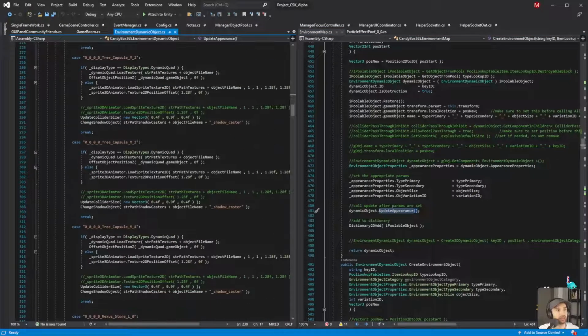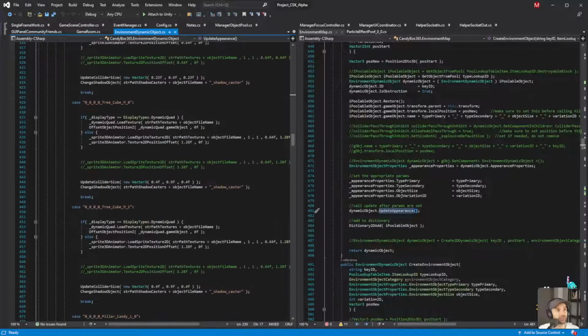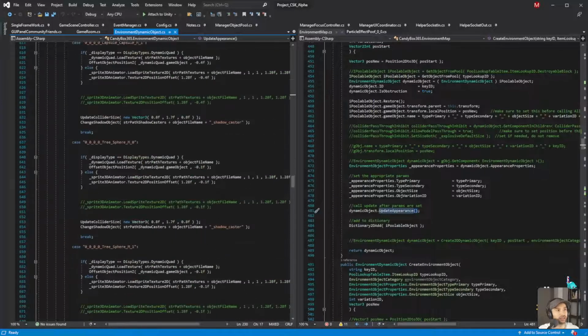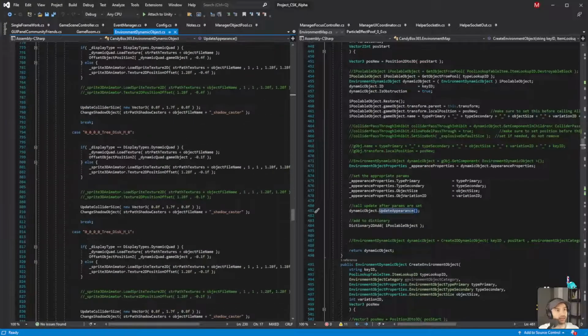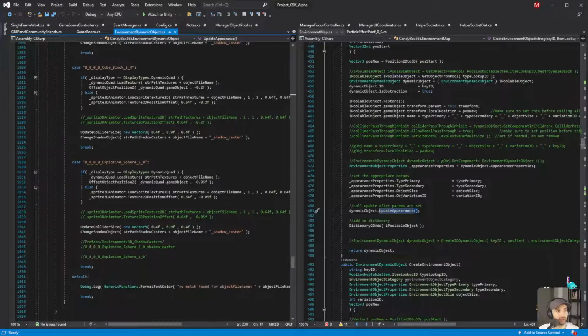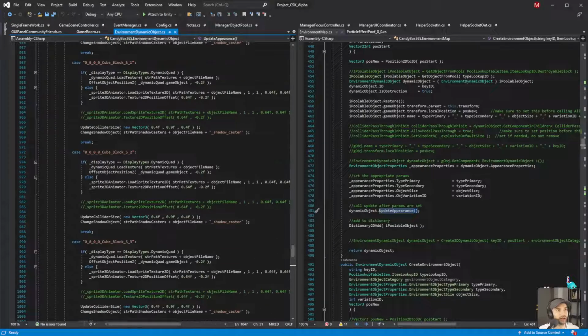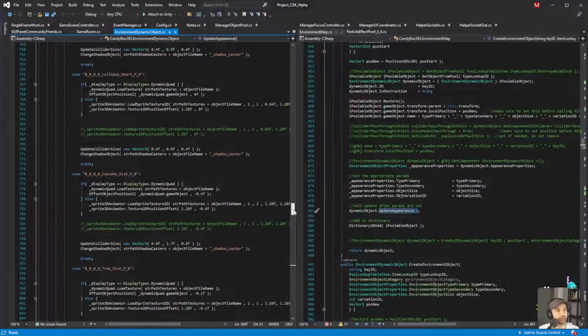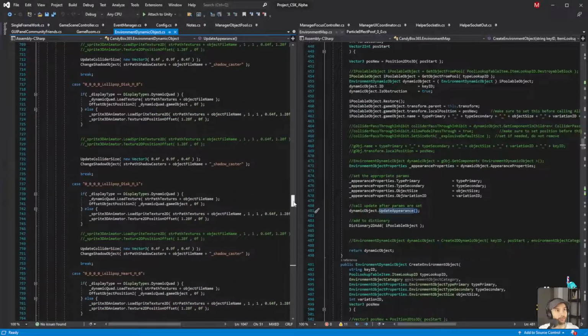Okay, so here's the big ugly switch statement. So what we need to do is add a condition at the very bottom. And like I said, this needs to be refactored. I have no intention of leaving it like this indefinitely. But let's grab the capsule tree. Where is it? I just need one of them.